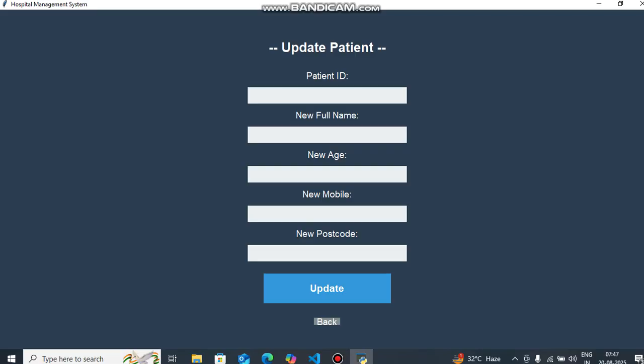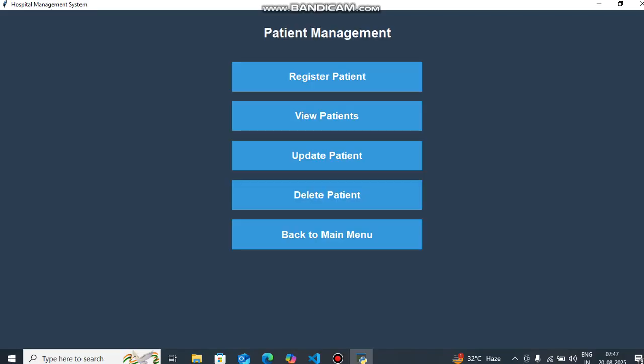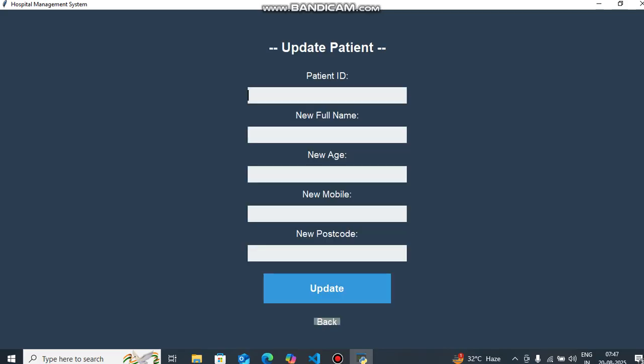You can update also. View, update for ID 1, update patient. Now full name 1. You can change the name to Shyam. Age is now 22.